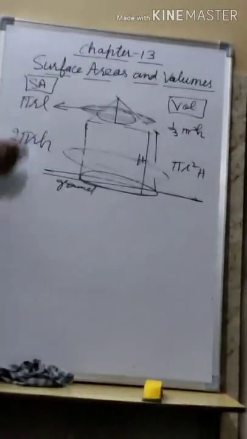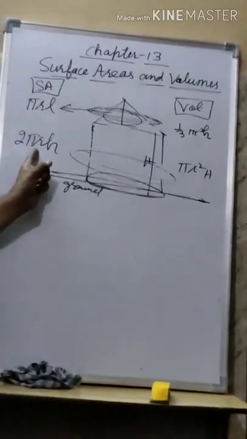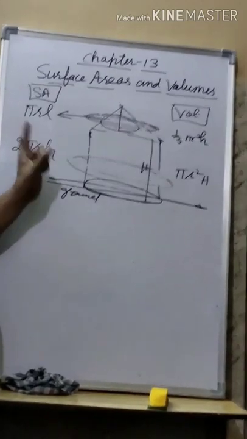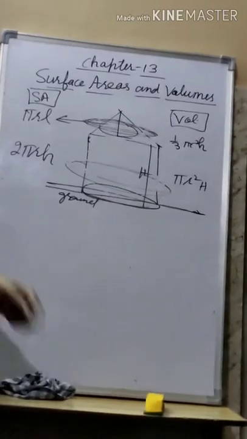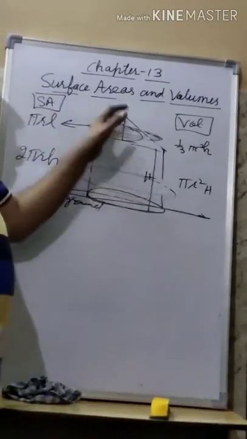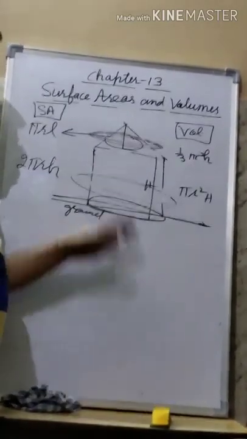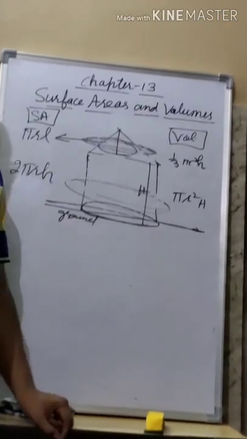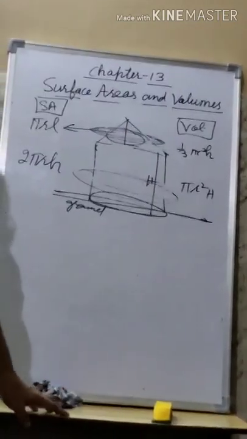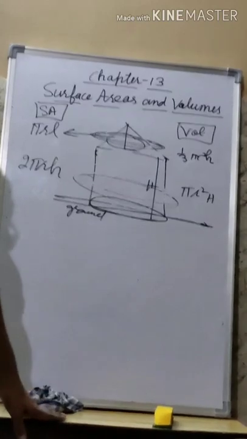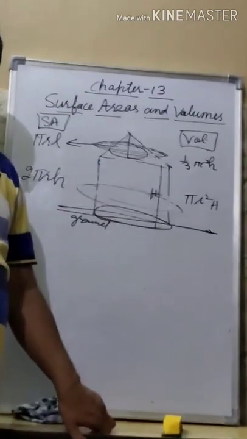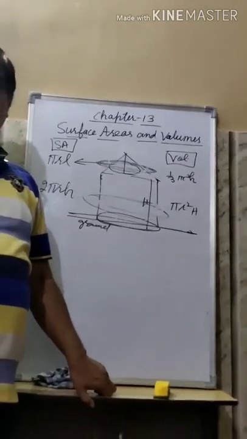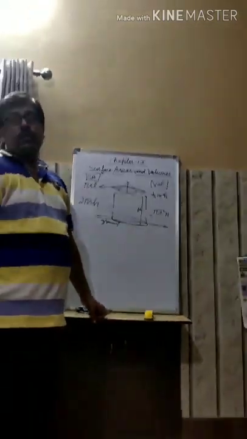But about surface area, you learn the concepts, you study the question, whatever is being asked, then you follow carefully. So my dear students, today you learned all the formulas about surface areas and volumes of the objects, and today you saw examples also. Next time we'll start the exercise and take some problems, so that we will find it easy to solve the full chapter. Thank you. Have a good day.